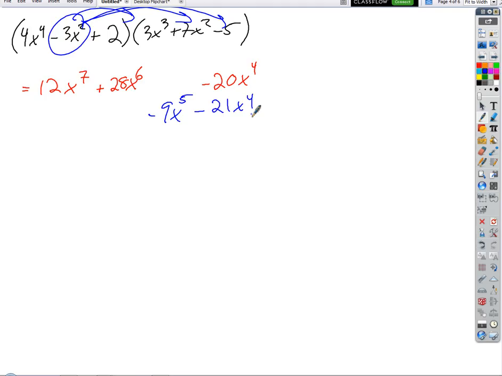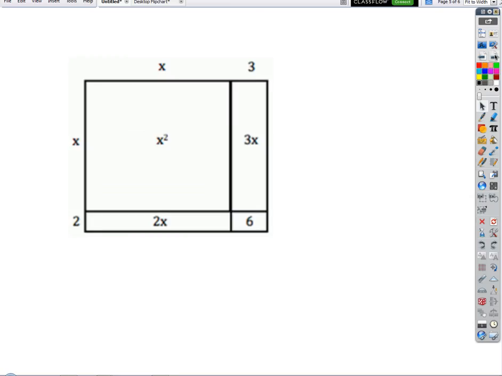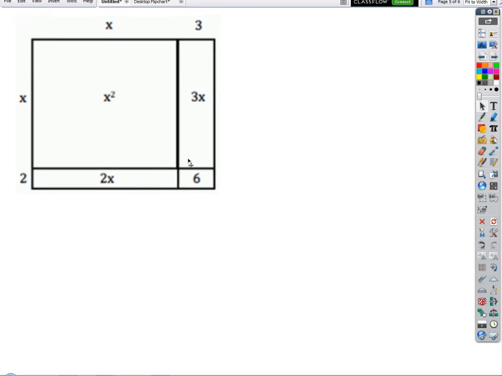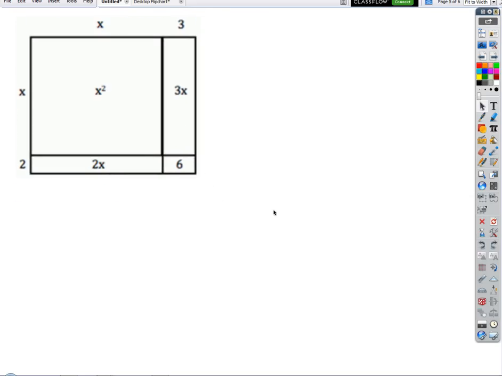All right, so last thing I want to show you here, this is not really a huge deal, but it's just something that I think is kind of cool. I want to show you that sometimes you can model multiplication of polynomials in a way that geometrically makes sense, right? So this little picture represents the product of the polynomials